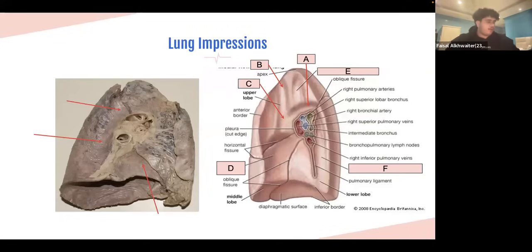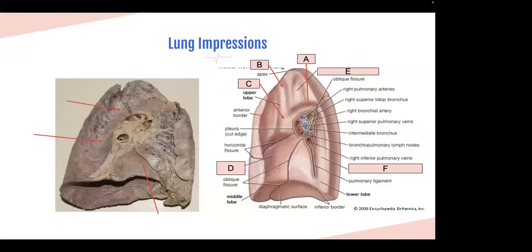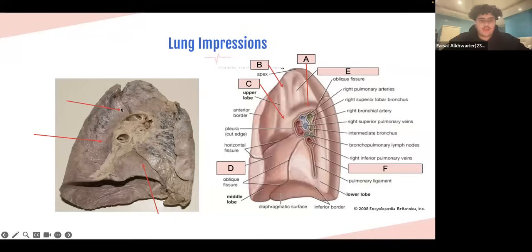So let's now talk about lung impressions. This is pretty rough, but let's start with the basics. The left one, is it right or left lung? This is a left lung. Yes, you can see the lingula, the organization. So the first impression here, what do you think it is? Left lung, what's usually on the left lung? Usually you'd find the aorta, the arch of the aorta here, and then going down, the descending aorta. And then, as you see in the first picture, you have something called the cardiac notch, which usually accommodates